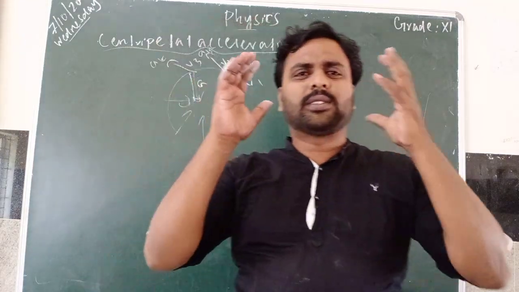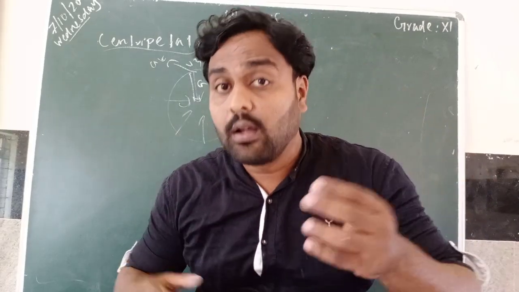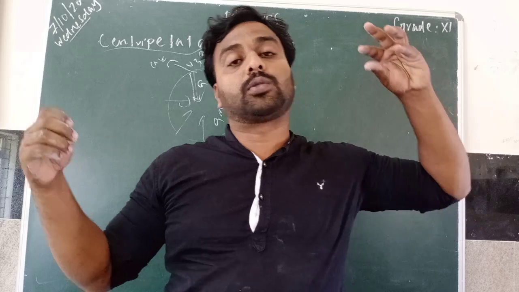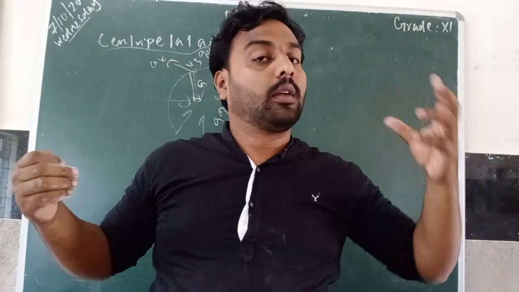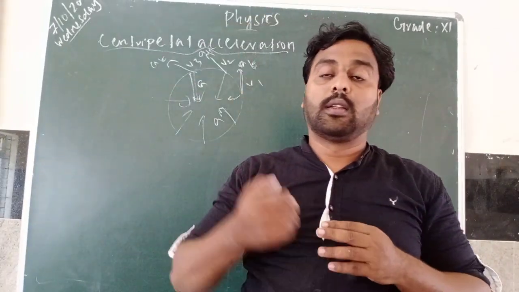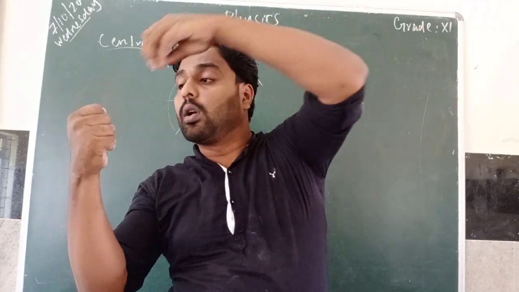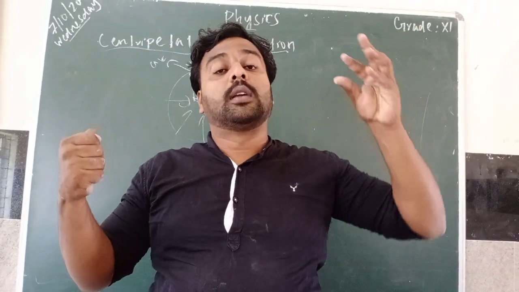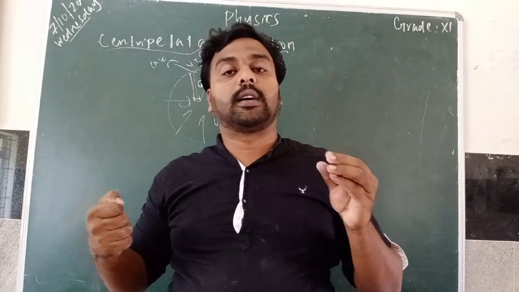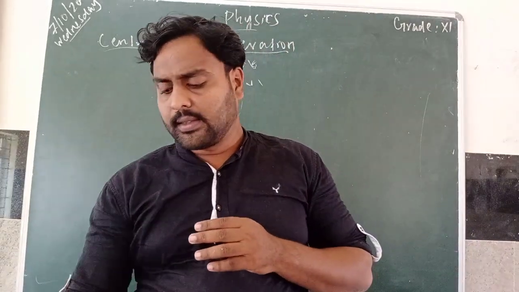This we can tell from our daily example. Again remember, take a stone, tie it in a rope, and rotate it very fast. You can see the stone falls on your hand. The reason is that there is an acceleration towards the center of the circle. This is your center of circle, this is the axis of rotation. That's why this stone falls on your hand, because there is an acceleration acting towards the center of the circle. That is the centripetal acceleration.